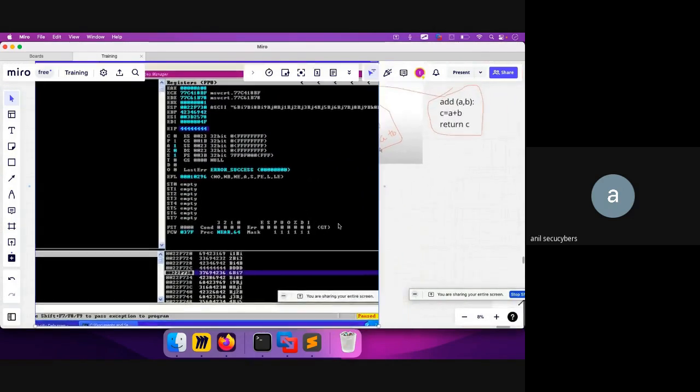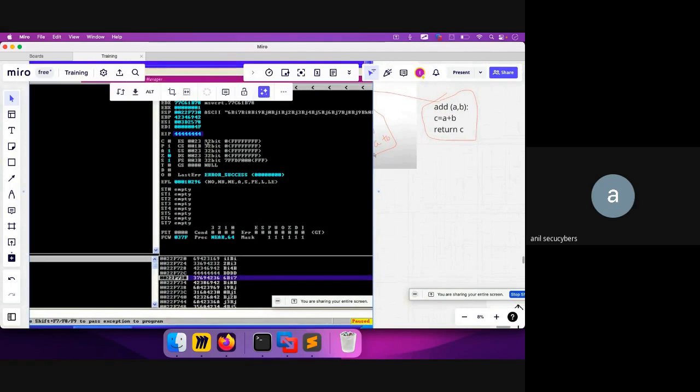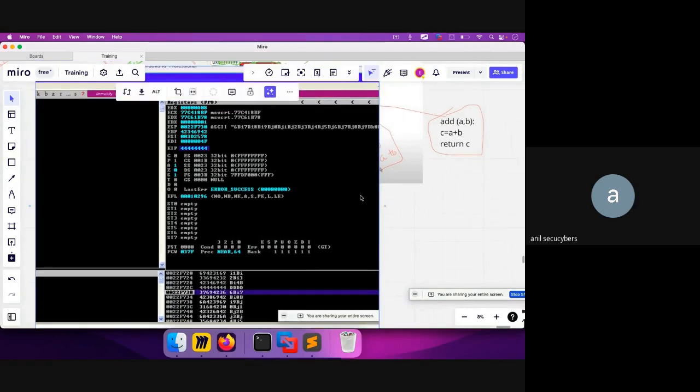Okay, so what we are going to do now is that this EIP value is actually pointing to